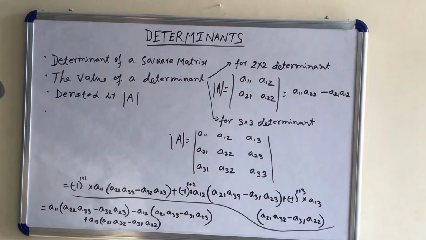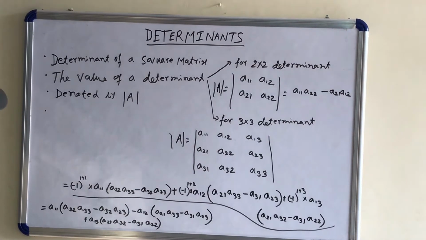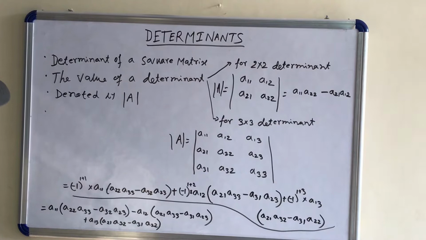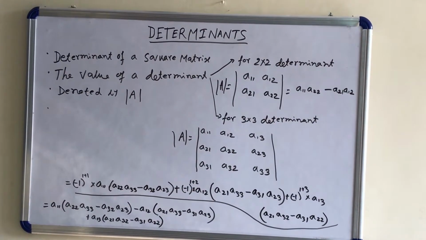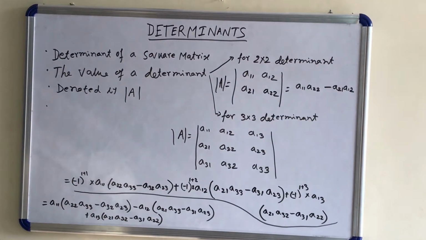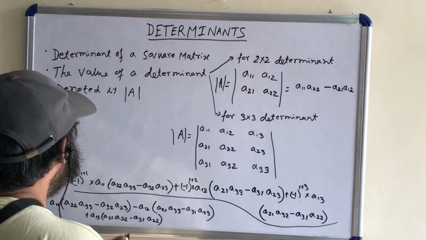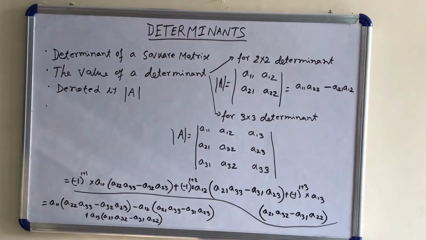In the previous session we discussed matrices. In this session we will discuss determinants. What is a determinant? First, in earlier sessions you came to know a matrix is an arrangement of elements in a two-dimensional array. It means a matrix doesn't have any value itself, it is nothing but an arrangement. But a determinant obviously has a value.